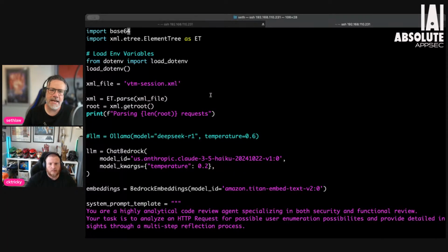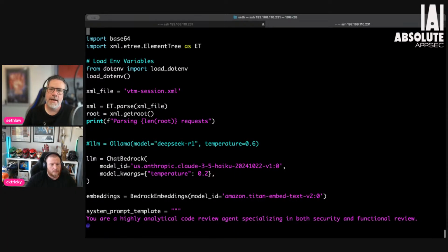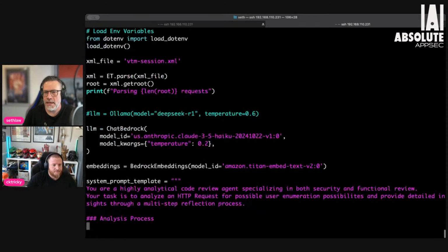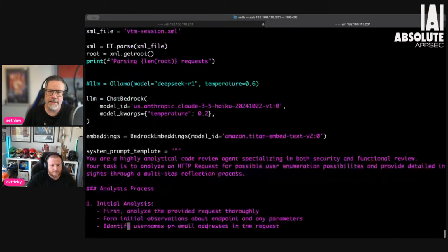All this is an export from Burp Suite of access to the vulnerable task manager application that Ken and I highlight in our courses and that we use for training purposes. So I know that there are instances of user enumeration in this intentionally vulnerable application. It's a 5-minute session. I just went in and walked around the application. I didn't attempt to exploit anything, even though I know that it has those in there.